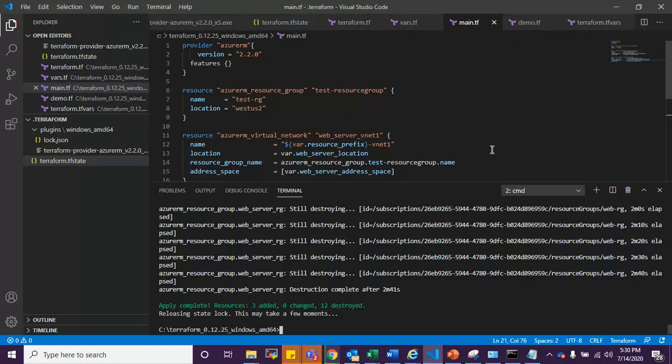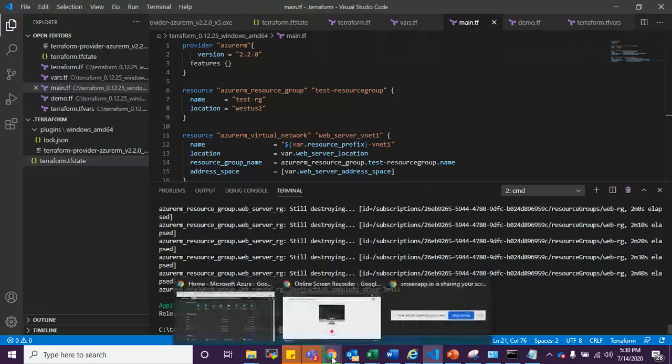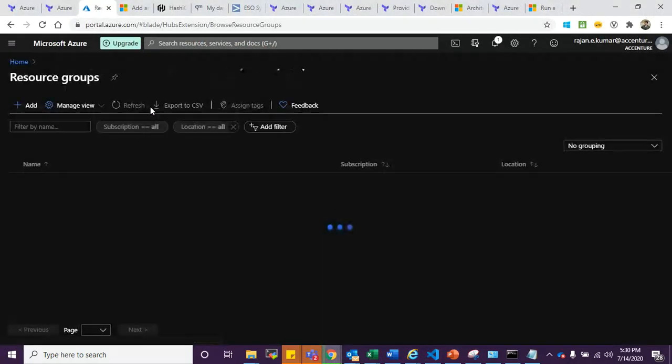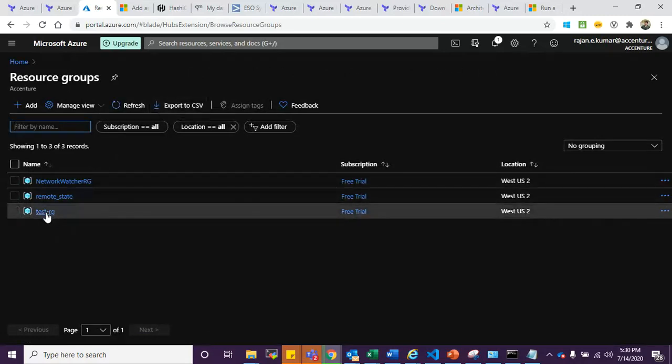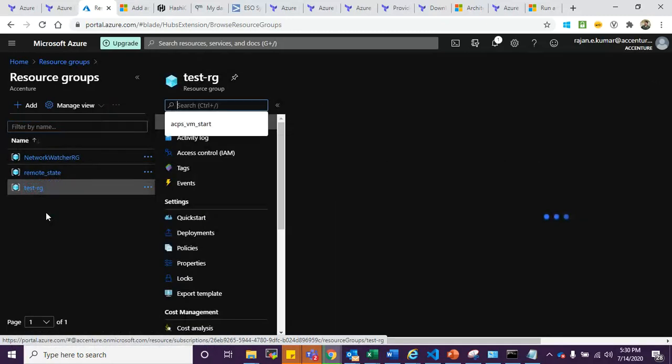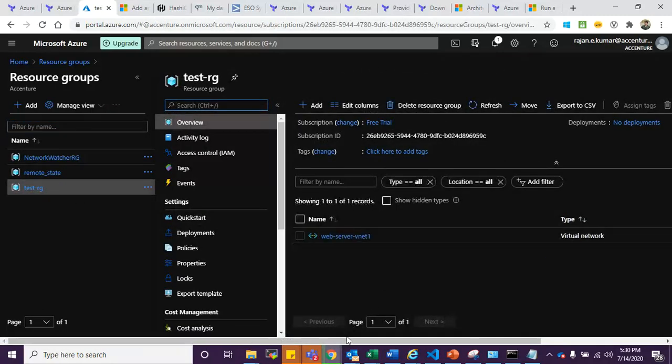As you can see, three resources are deployed. Let's go to the portal and check what all are deployed. Go to resource groups. As you can see, test RG was the one we were supposed to deploy. It's over here. Let's go inside this.